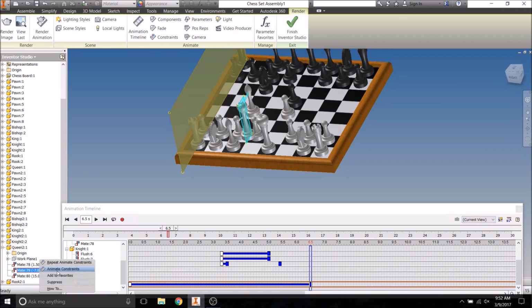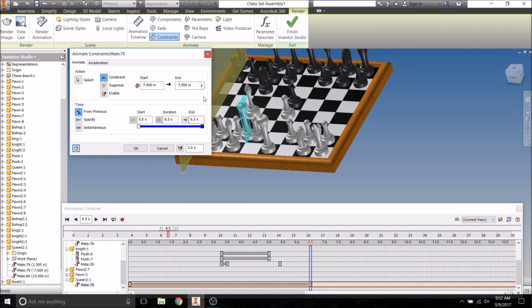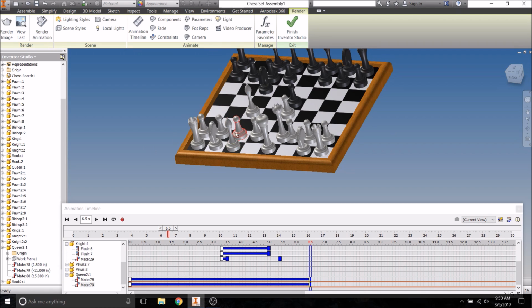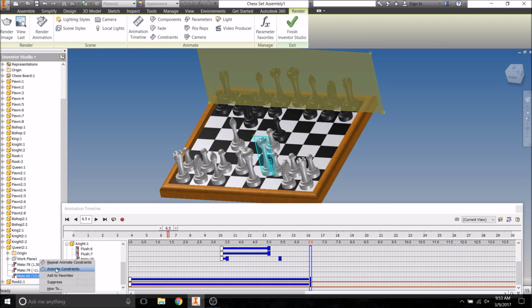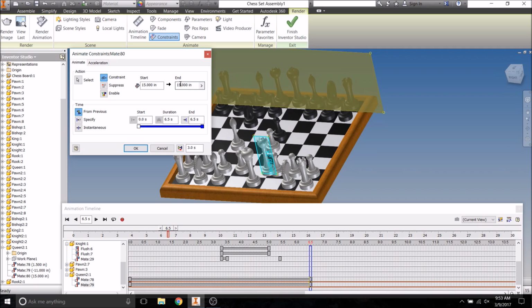So I'm going to animate that, and I want it to go 2 spaces, so I need to add 4, or in this case subtract, but whichever, make it 4 more inches. And I also want it to go forward 2 spaces, and that constraint keeping it that direction is this, so we can animate that constraint. Need to change this by 4,